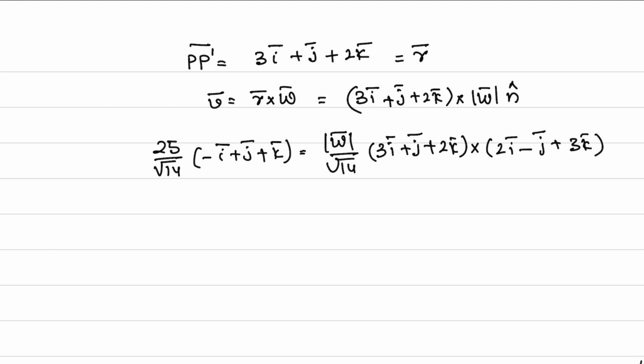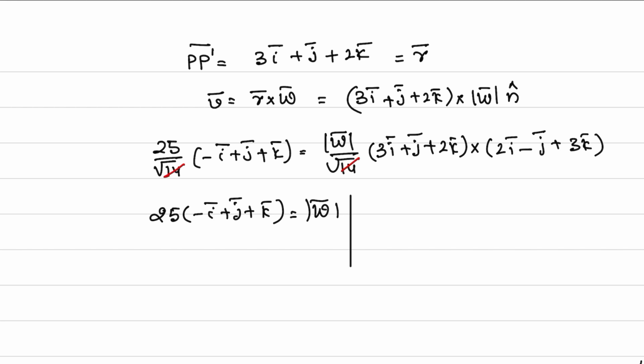This is the equation which we have to solve and we will get the answer. We can cancel root 14 and then we get 25 into minus i bar plus j bar plus k bar is equal to magnitude of omega into